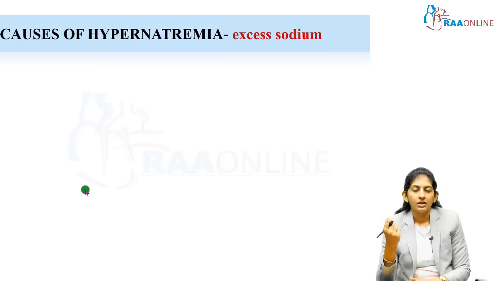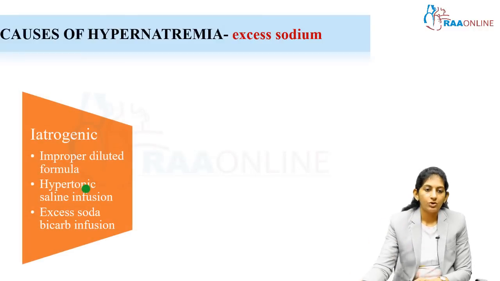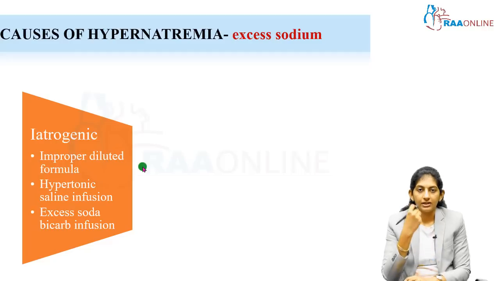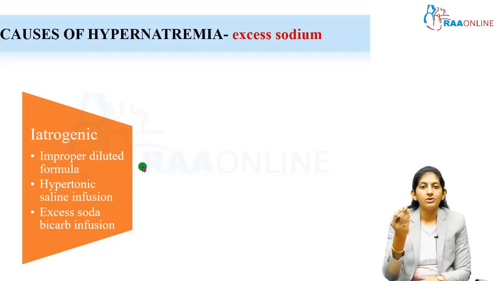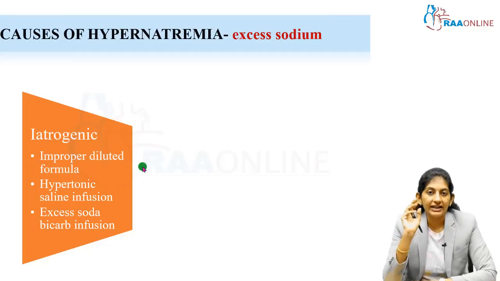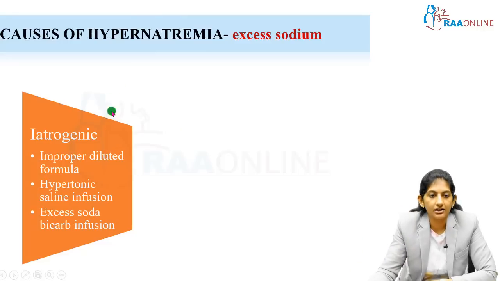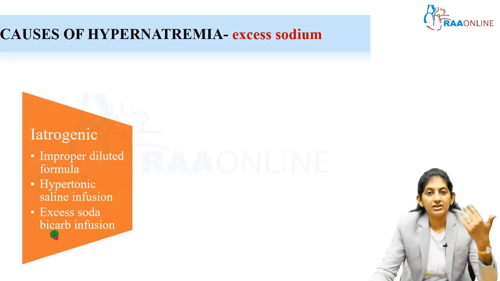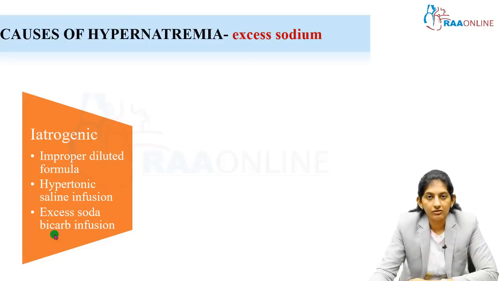Okay, so now coming to the causes of hypernatremia because of excess sodium, already we have discussed. One is you are giving hypertonic saline infusion. Another one, orally where all salt can go. If I take too much salt in my diet, one. Another one for children, when the parents give very concentrated formula, they do not dilute it properly. So when they give a concentrated formula, that will result in hypernatremia. Third one, soda bicarb infusion. So sodium bicarbonate, when you give as an alkali therapy for various disorders, that time also there will be hypernatremia.